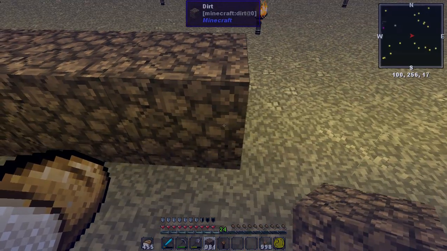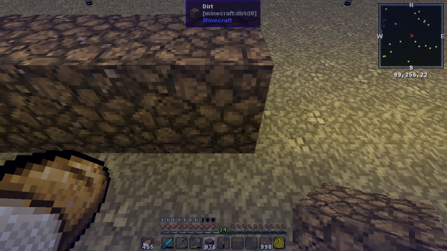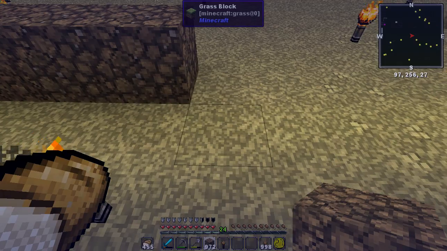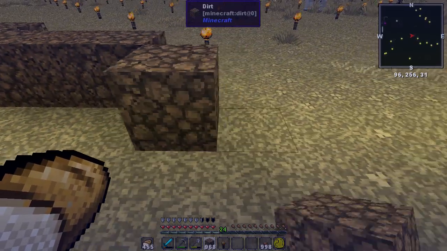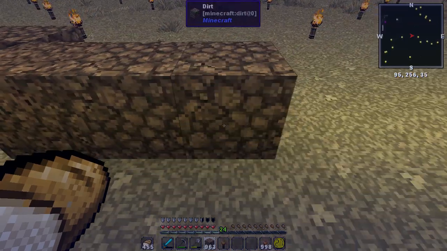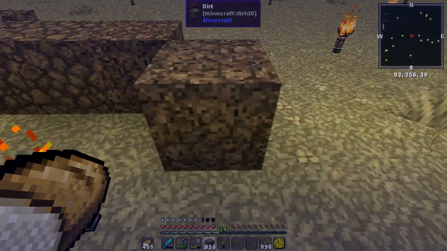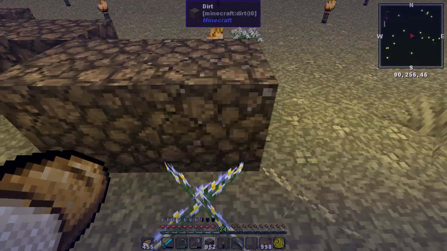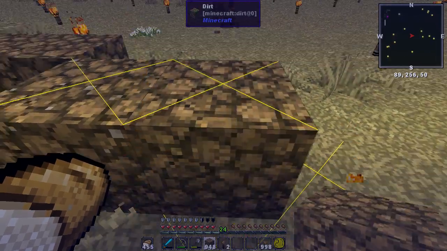Okay, then we've got 5. Then we've got 4. Then we've got a series of 3s. We got 4 sets of 3. 1, 2, 3, 4. Then we've got 7 2s. 3, 4, 5, 6,